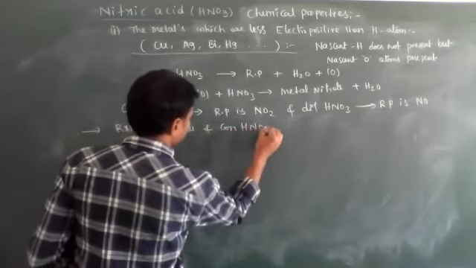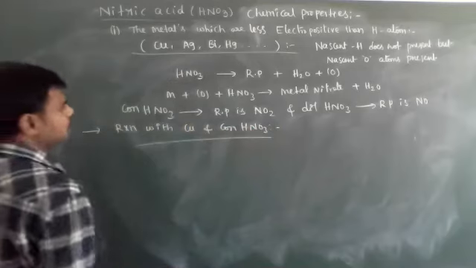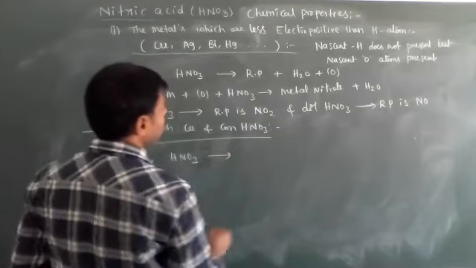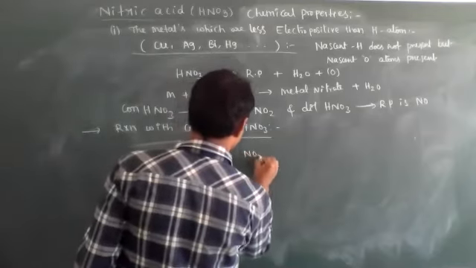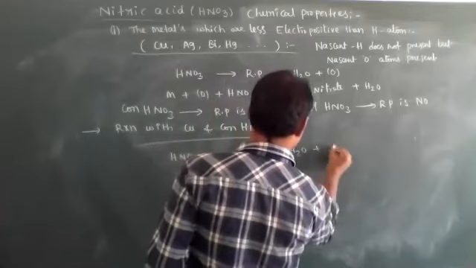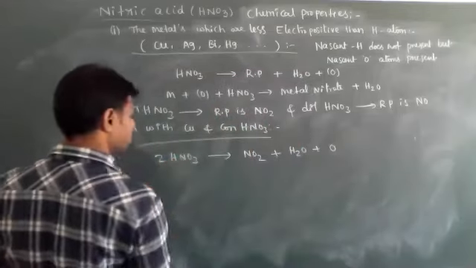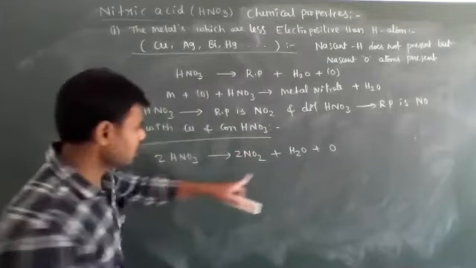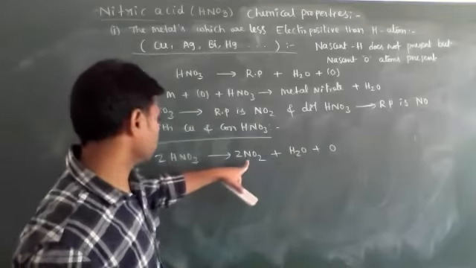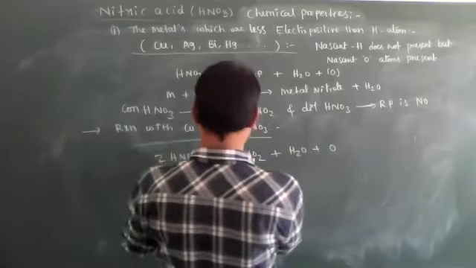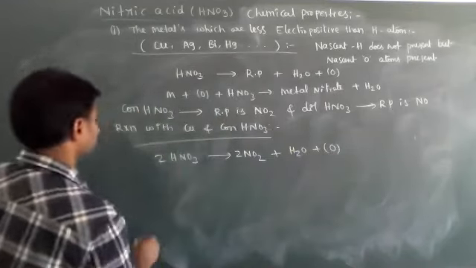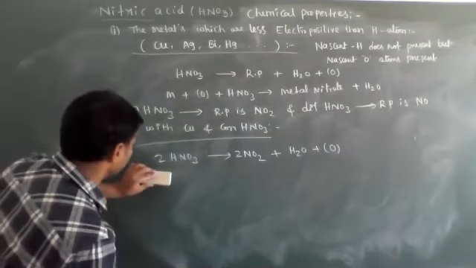And concentrated HNO3. Let's see the first one, HNO3 converted into NO2, nitrogen dioxide, plus H2O plus oxygen. Here 2 moles we need to take, then 2 moles of H2O, because H2O is present. Means 2 hydrogen atoms are required. Then 2 NO2. So remaining total 6, 4 plus 1, 5, and 1 nascent oxygen is present. The next one is metal. Metal means here what is the metal?